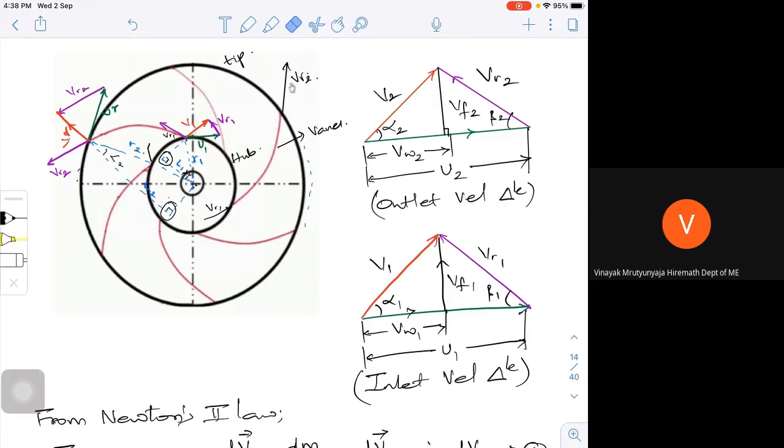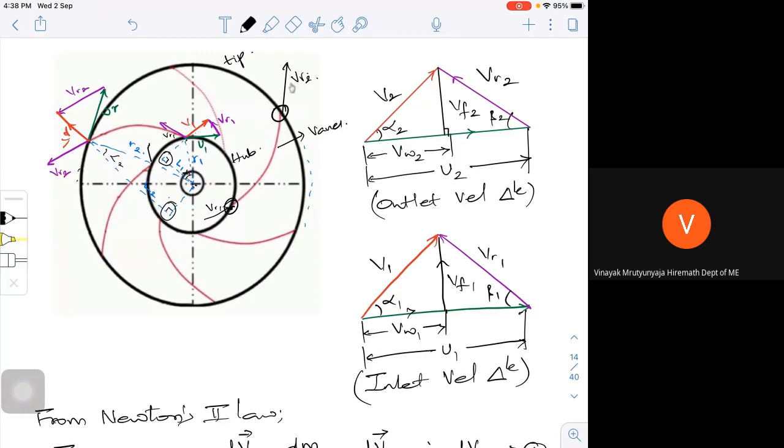If I want to draw at that particular inlet point, you take this point. This is your inlet and this is your exit, and you are trying to draw the triangle. Now you have a concept of how to draw the velocity triangle. These triangles are very small for analysis, so I have drawn the same triangle to the right-hand side and am showing you all the angles.